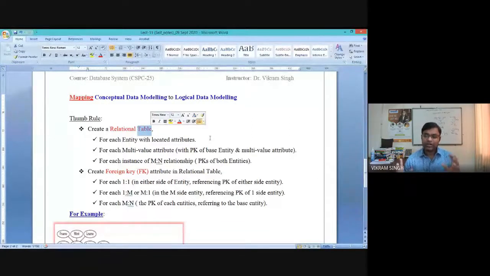So basically, there are only three possible cases due to which you need to create a database table, right? The first rule is obvious, that for each entity you have to create a separate table. The second, the multi-valued attribute scenario, happens only exceptionally. And the third obviously happens frequently, since in each ERD we will have at least one or two instances of an M:N relationship. So this is about how you can map entities and create a distinct table for each entity, right?